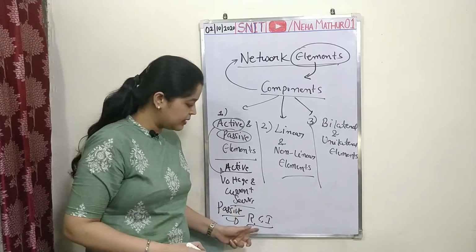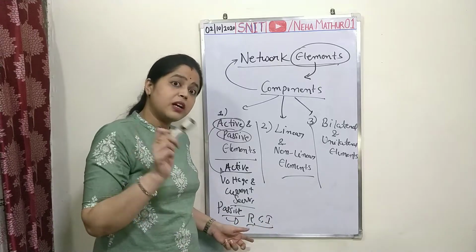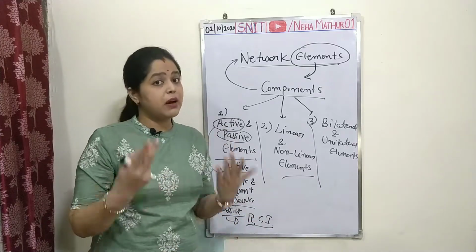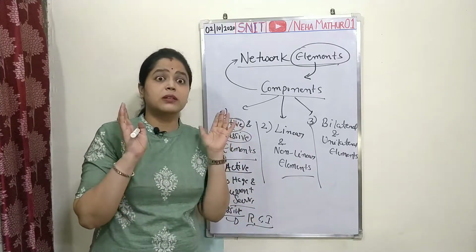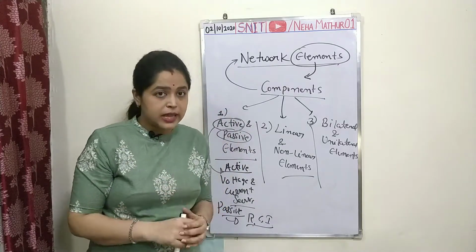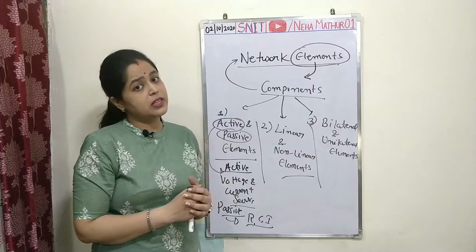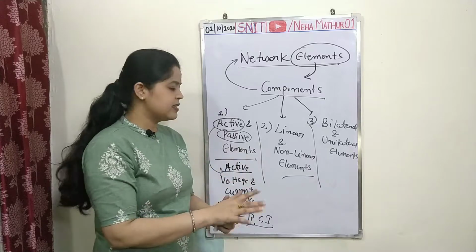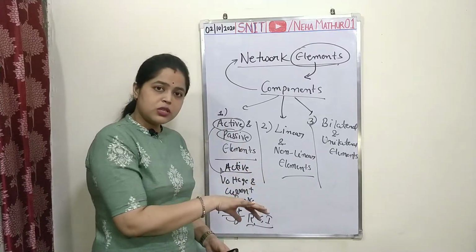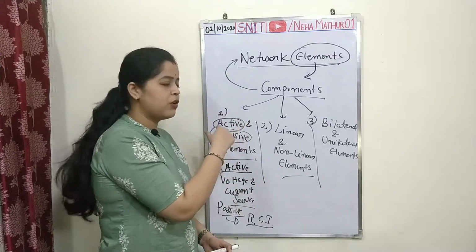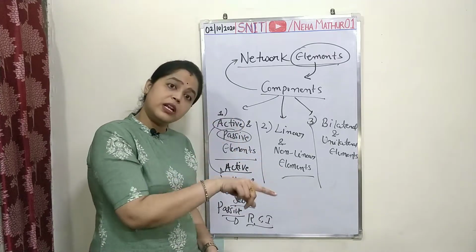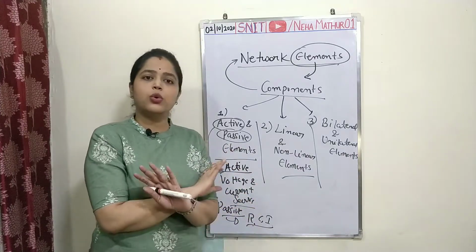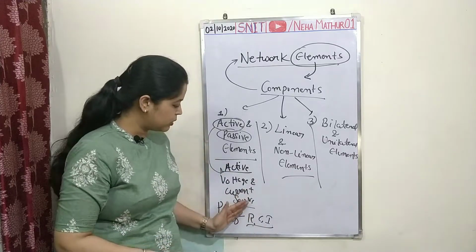If they are present in the circuit and a specific current flows across them, that means they need some power so that they can exist there, so we have to use an active component in the circuit. The classification is simple: active and passive. Those able to deliver power come under the category of active, and their speciality is that they can deliver as well as absorb power, while passive elements are only able to absorb power. Fine, this is about active and passive.